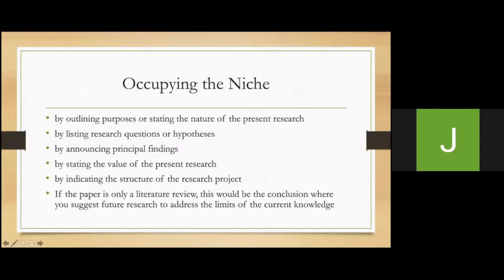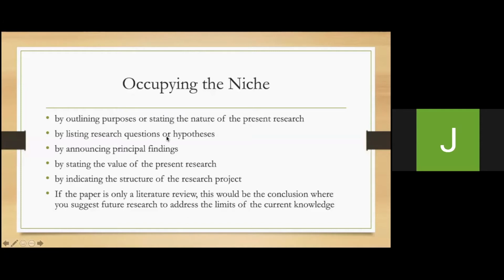Then in the third and final part, the checkmate of the chess game, you occupy the niche yourself. In other words, you step in to solve the problem. In a research paper, this is done in many ways. You outline the purposes of the present research, you list your questions or hypotheses, announce principal findings, state the value